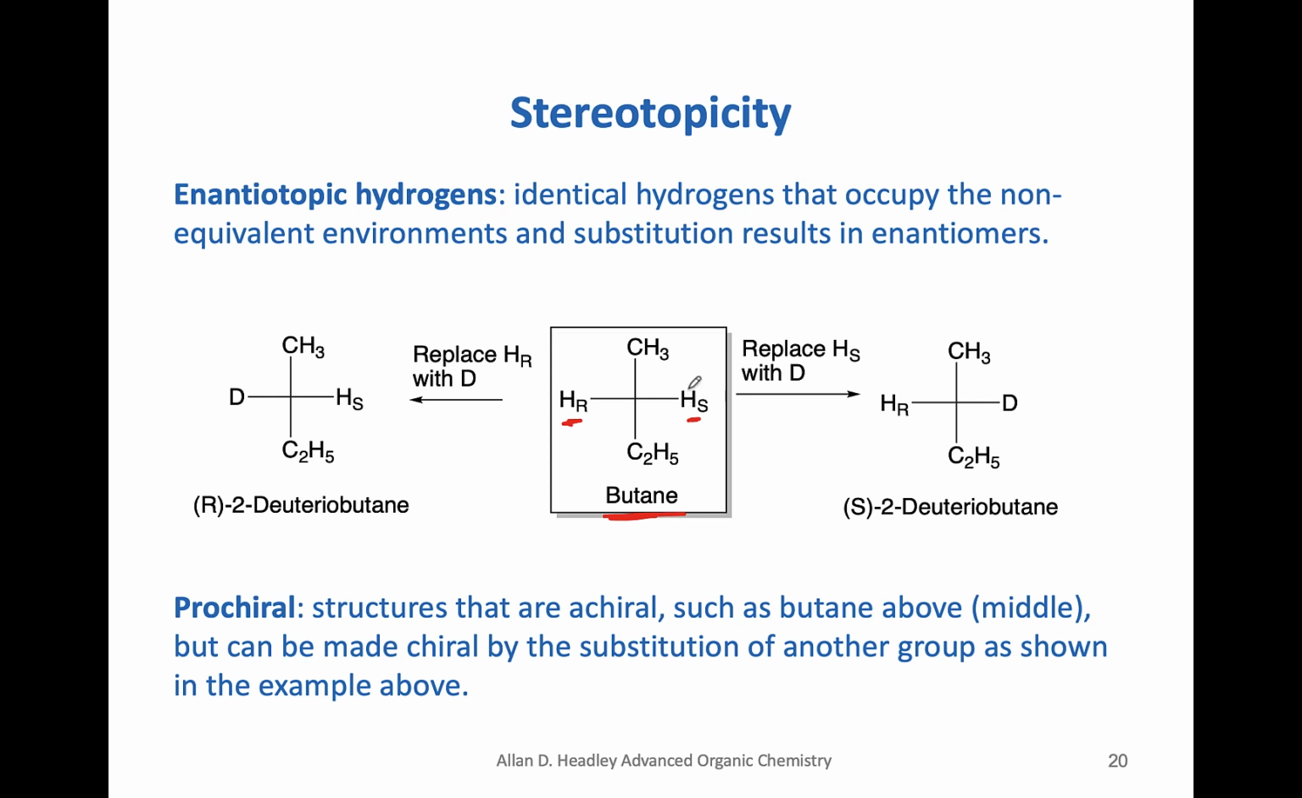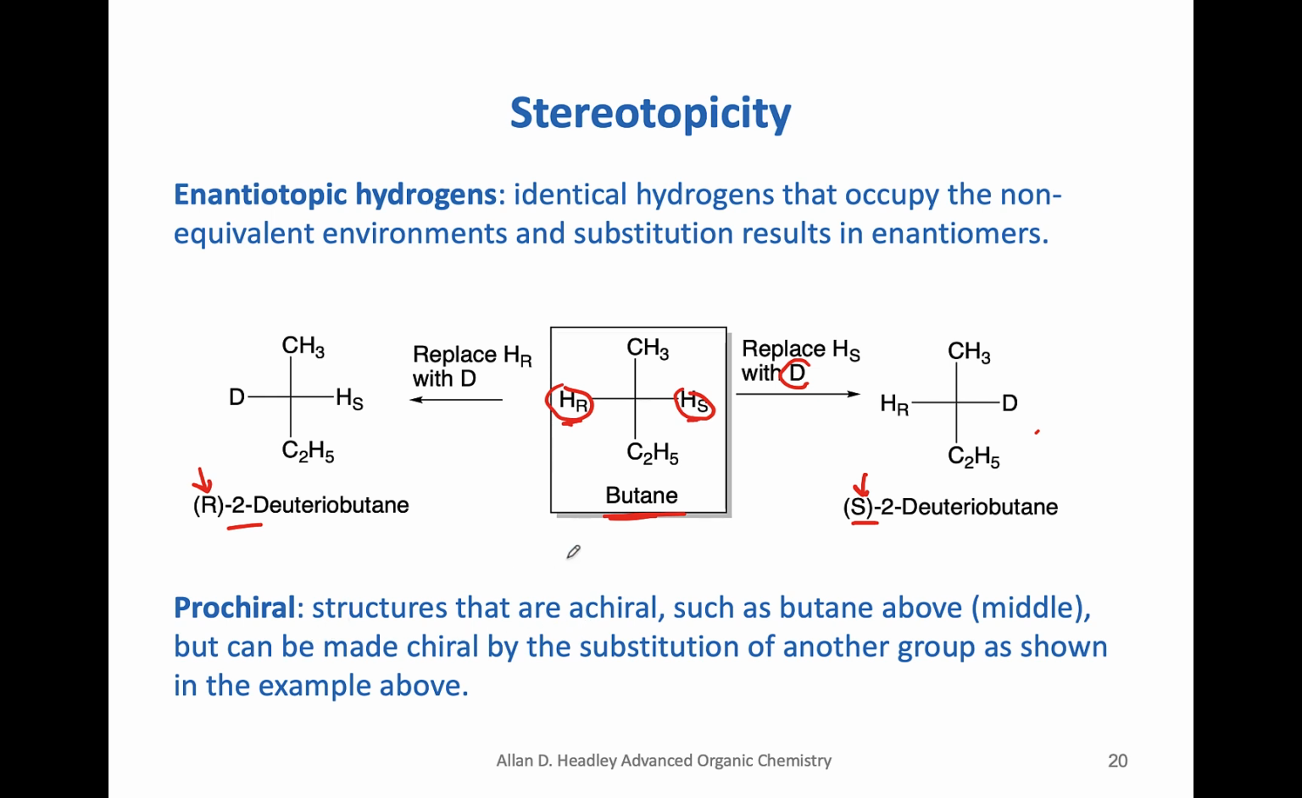You replace this with deuterium, you get this. It is the enantiomer. You replace this H with deuterium, you get this. It's the enantiomer of this. Notice this is R and this is S. So these two hydrogens here are enantiotopic, and we describe the molecule here as